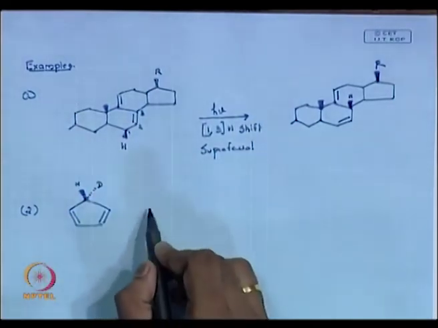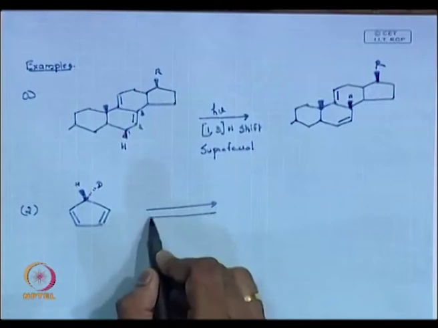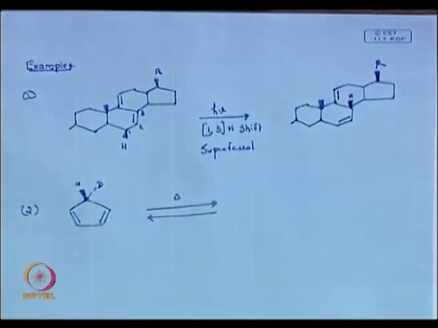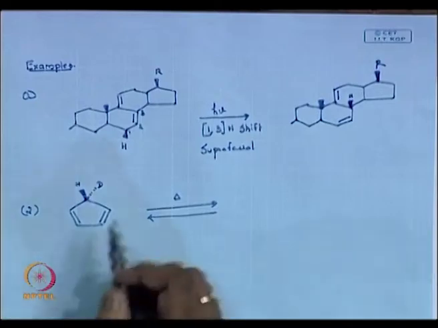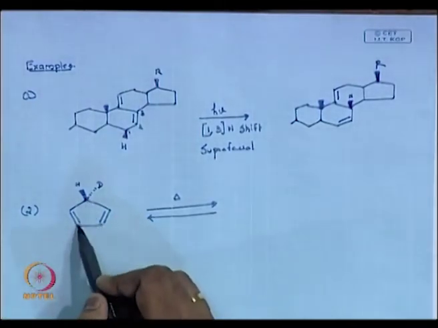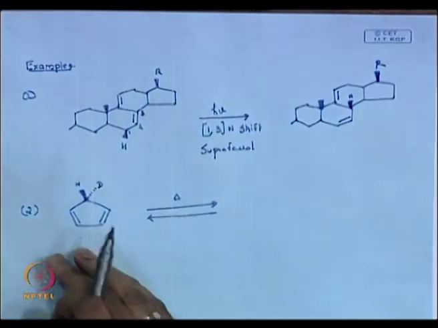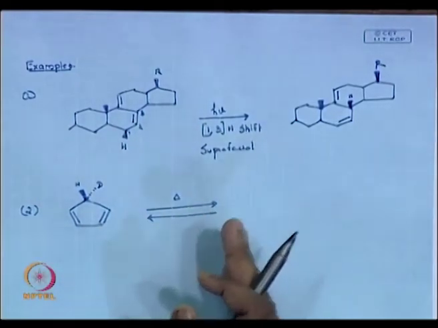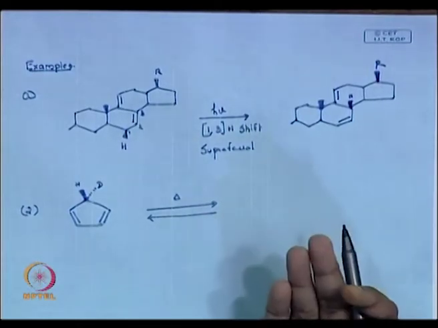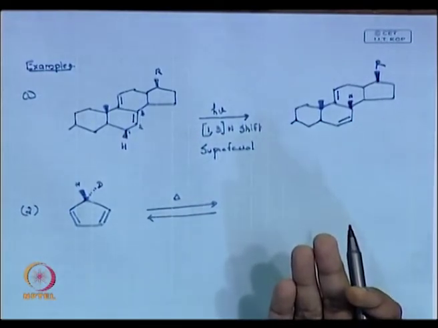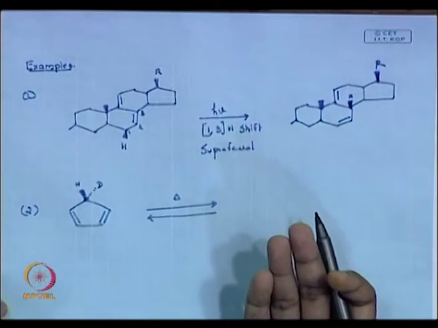A system like this. Now, I am saying that I am going to heat it. What can you think of on heating the system? You have an option: if you count, you have 1,3 and you have 1,5, that is all. So, it should be 1,3 or 1,5, and I am giving heating. Think which is orbitally favored. Your 1,5 is favored. So, it undergoes a nice 1,5